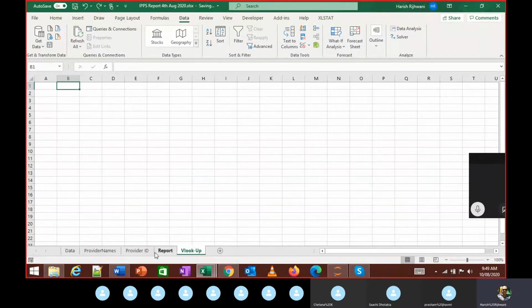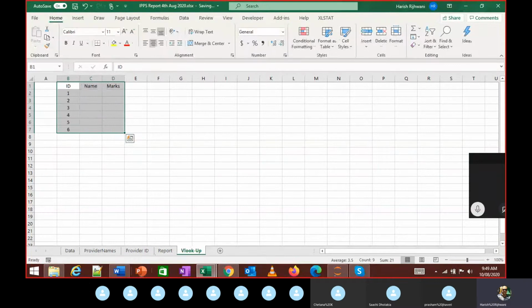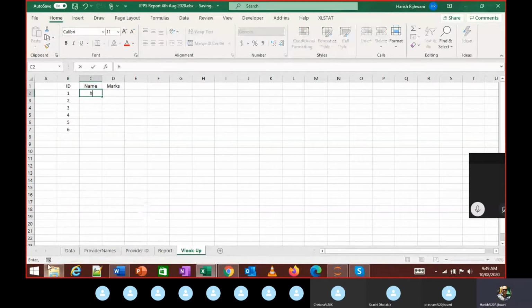Let's say I have a table of ID, name, and marks. I have IDs 1, 2, 3, 4, 5, 6, and I have names.